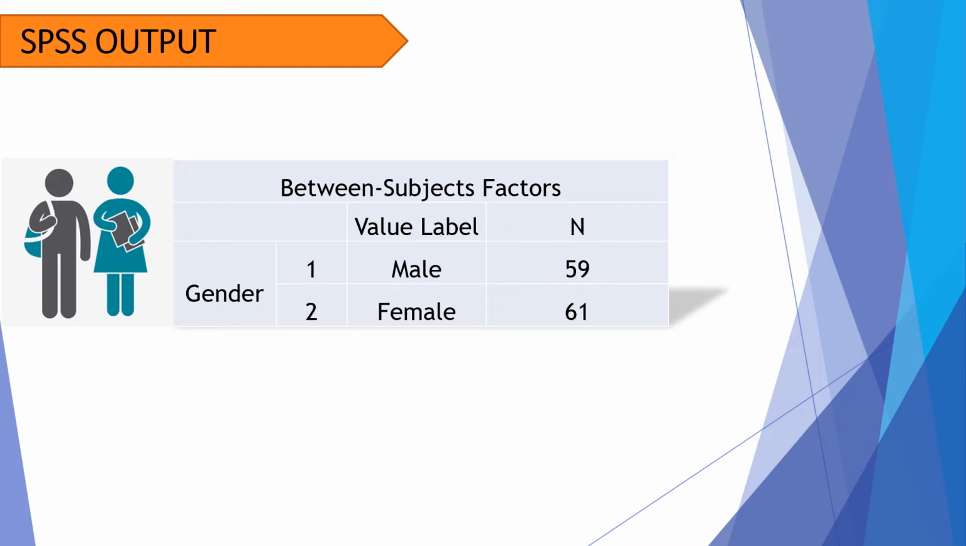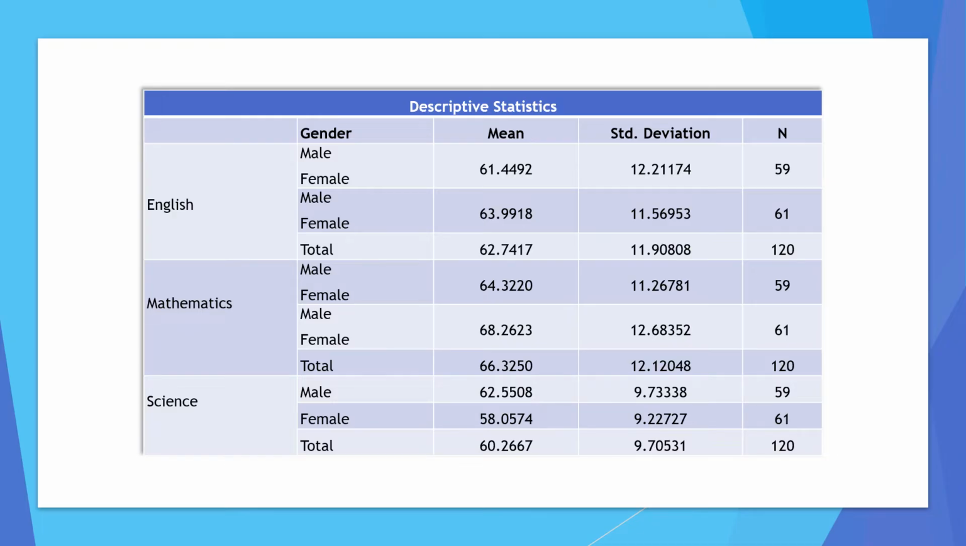The Between-Subjects Factors table only shows a male sample of 59 people and a female sample of 61. The descriptive statistics below show the mean score and standard deviation for male and female students for all three subjects. The English score for female students is 63.99%, which is higher than the mean score for male students of 61.45%. On the other hand, the mean score of the mathematics subject was also higher for female students at 68.26% compared to the male students at